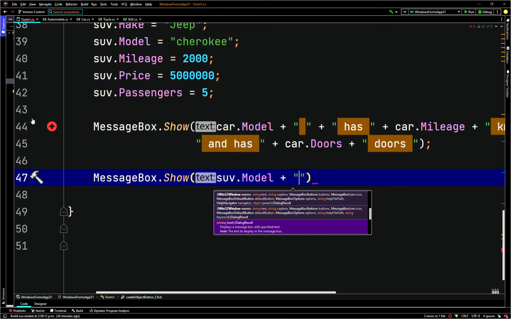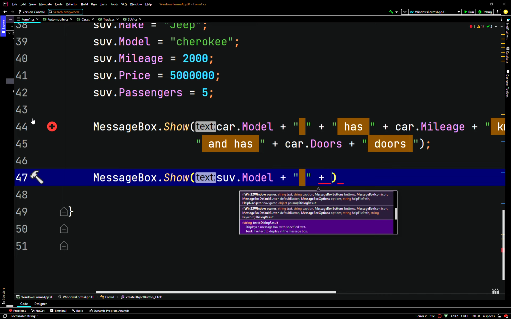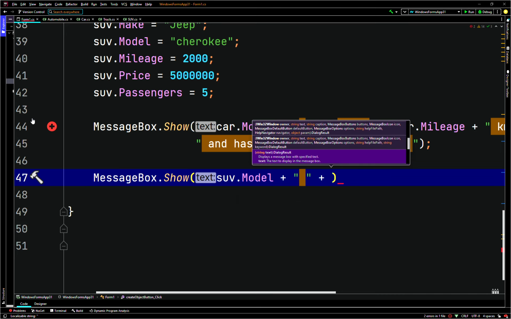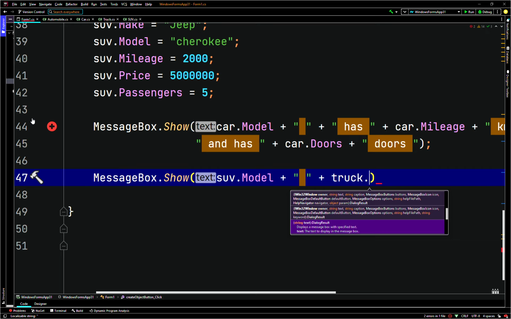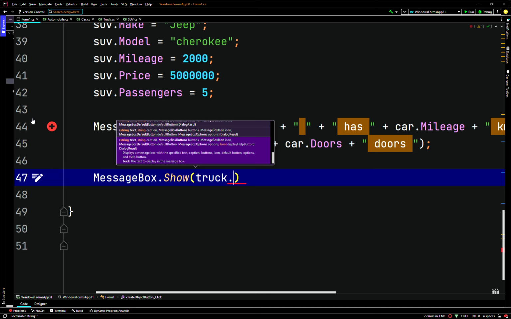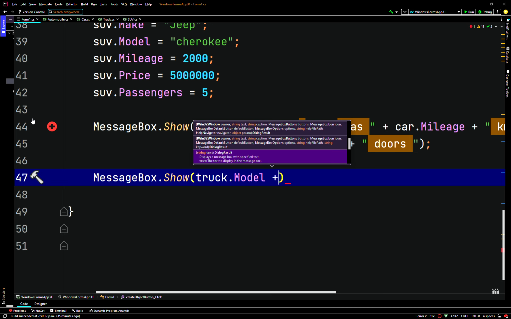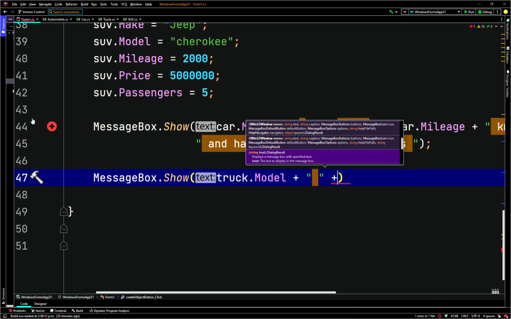Concatenated to truck.Model. Actually, no, I messed this up. Sorry. We'll go with truck.Model plus an empty string, concatenated to truck.Make,